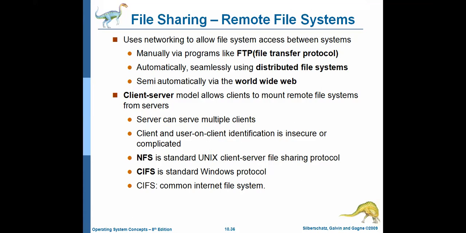As I told you earlier, a distributed file system means all the systems are located geographically. They are not under one roof, in one room. All the machines are separated geographically, and those types of machines are called distributed systems. Those distributed systems are connected via the network. And the third one is the World Wide Web. You can access the file from the internet by using the World Wide Web.